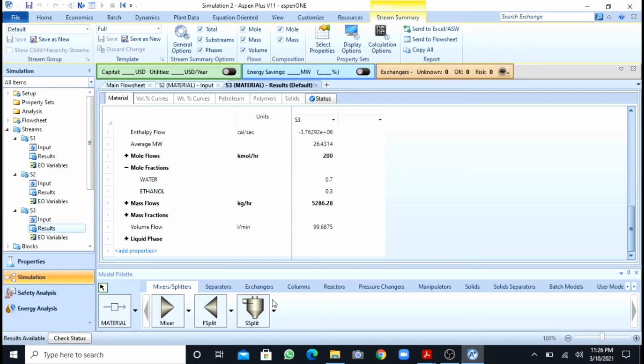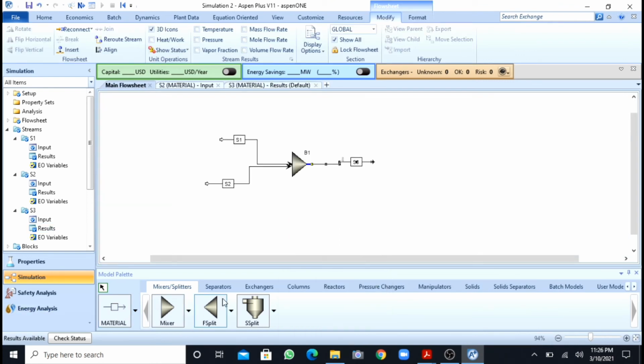So in this video we saw how we can simulate a mixer. Now, in the second part of the same video, I will show you how we can simulate a splitter as well. The second item in the mixer/splitters is a splitter. I will drag it. Now I have to give a material stream. The splitter is the inverse of a mixer.